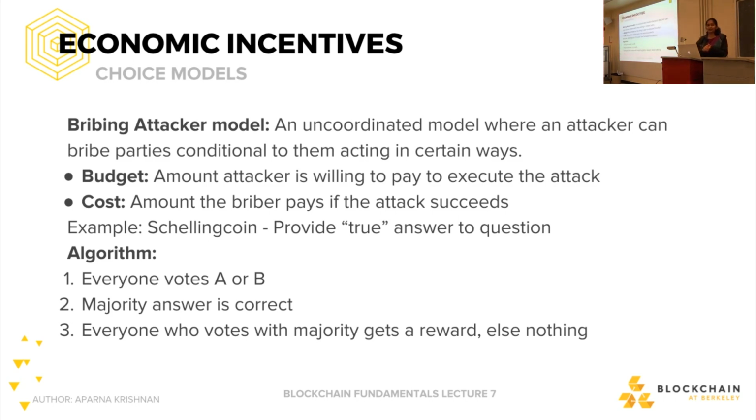maybe you have a question like, did Trump win the 2017 election? And all the oracles either vote yes or no. If the majority vote yes, yes is deemed to be the correct answer, and now everyone who voted according to the majority gets a reward, and everyone else who voted according to the minority gets penalized. But